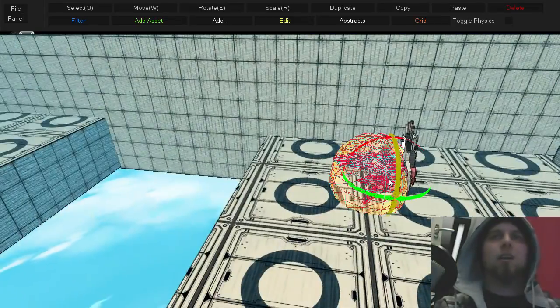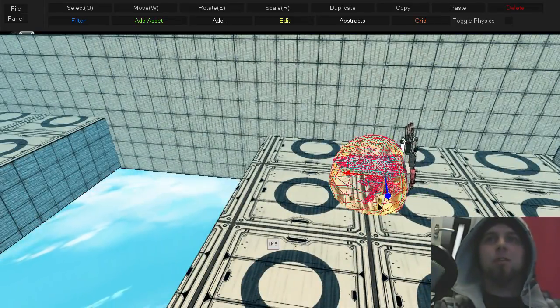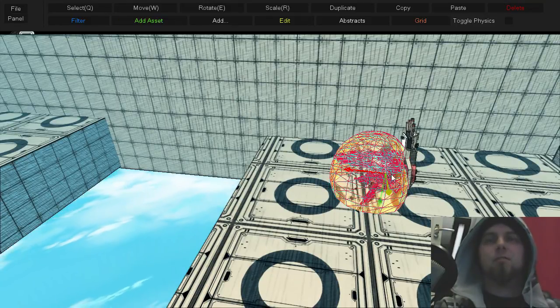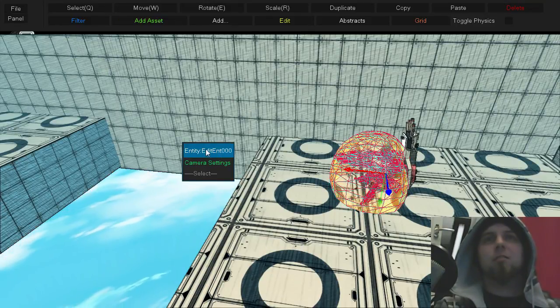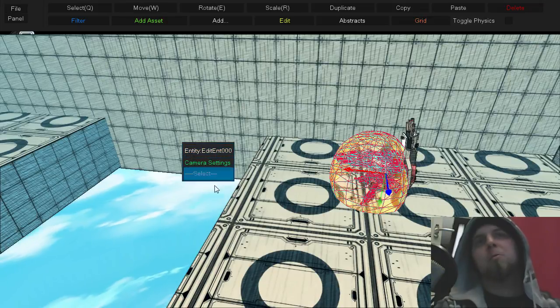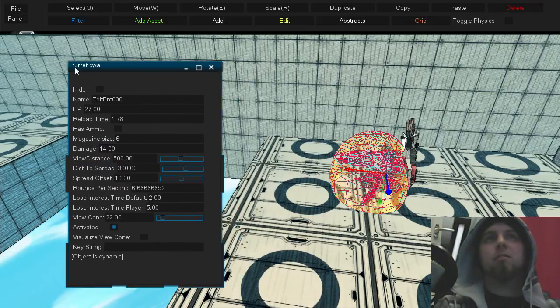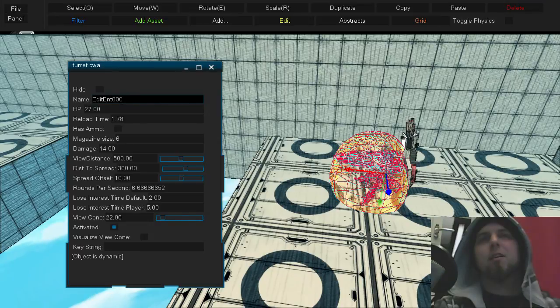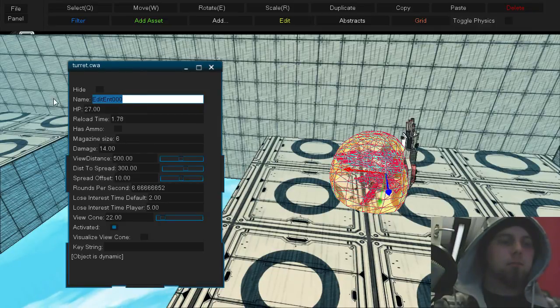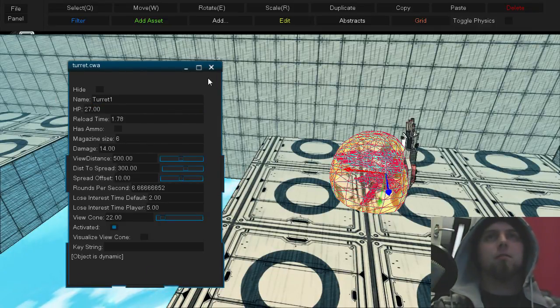All objects have properties. I won't go into many details here, but if you select an object and right click, and select the most top option here, you will open up the properties list. You can see turret.cva, that's the type. Here's the name. You can edit the name if you want to. It's probably best for you to name important objects so you can find them easier later on. So if I name this turret1,